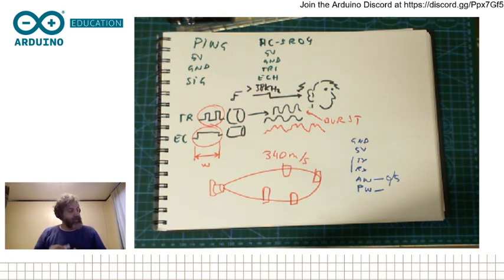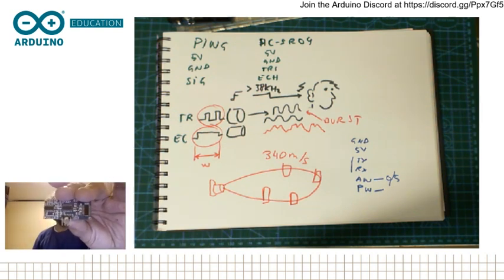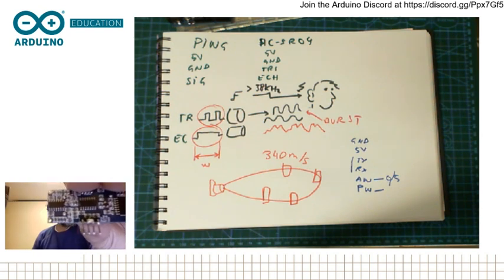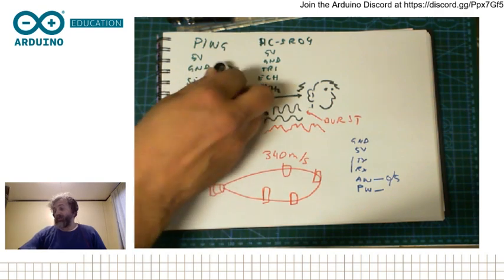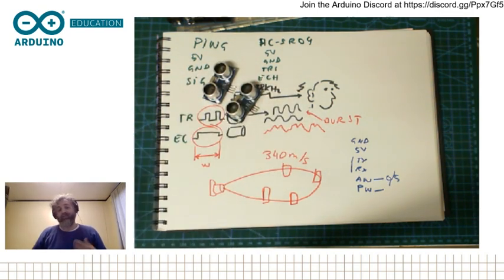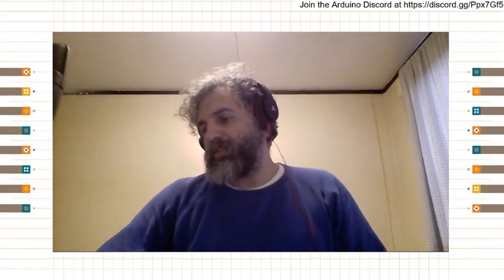At the same time, if you want to just use this sensor as a ping sensor, the only thing you need to do is solder together, as you can see here, the trigger and the echo pins and use the exact same code that you were using with the ping. So there are always tricks, and these are just a couple of nice tips on things you could eventually try out with ultrasound sensors. So let's go for the next sensor, and let me just clean up my table a little bit as I'm talking.